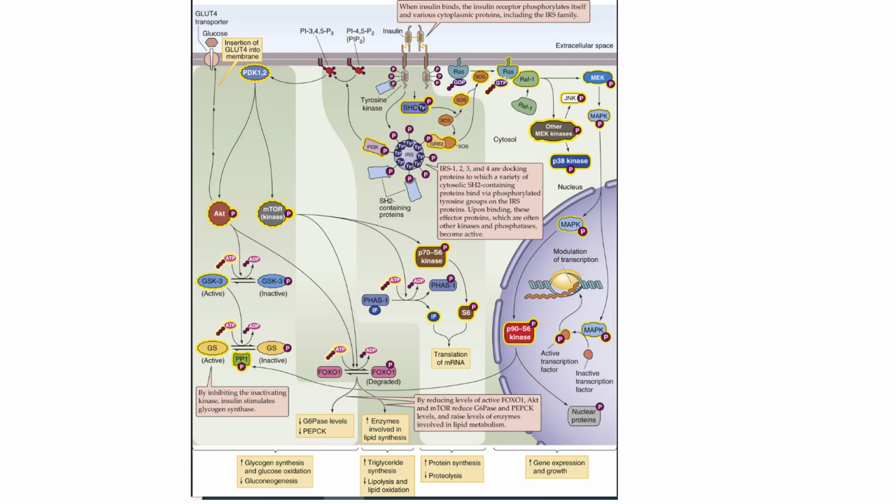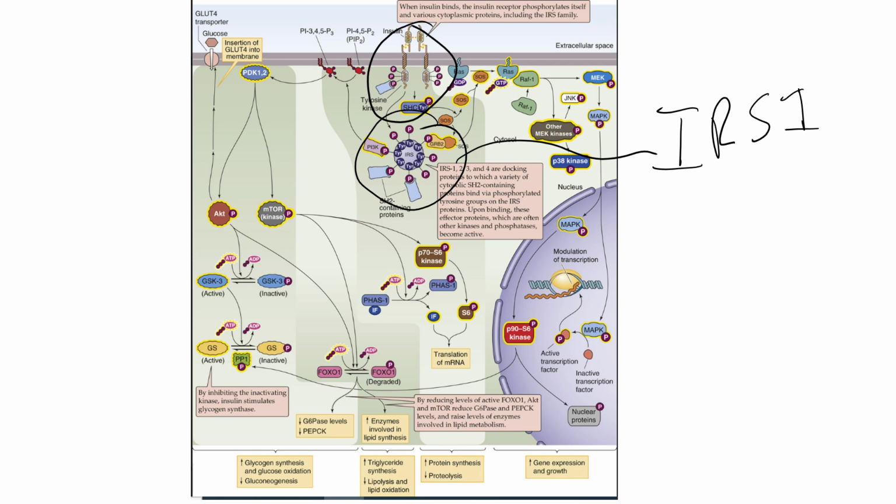What we have are these docking proteins that are referred to as insulin receptor substrates. Okay? And there's a variety of them. You'll hear them just referred to as IRS. Insulin receptor substrates, and there's IRS 1, 2, 3, 4. We're interested in IRS 1, insulin receptor substrate 1. Look at its name, first of all. Insulin receptor substrate. So it's a substrate for the insulin receptor, meaning that the insulin receptor is going to phosphorylate